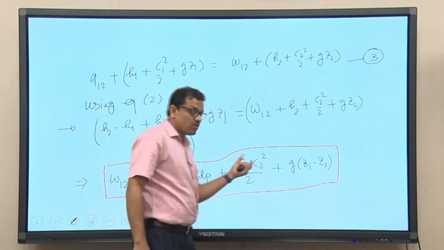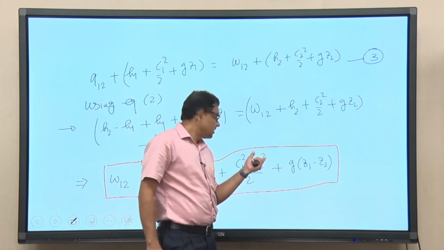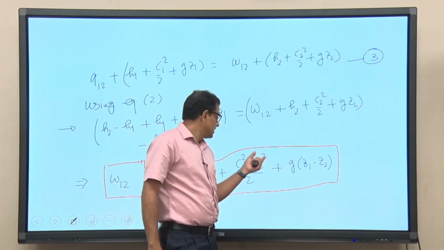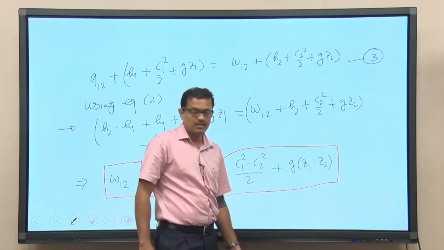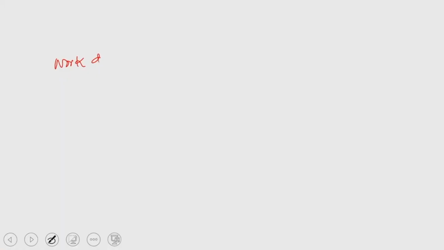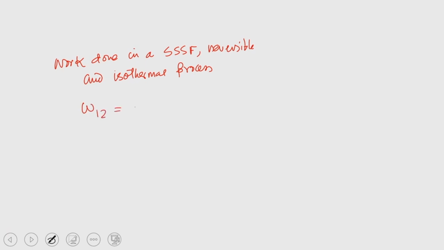If we do not consider the changes in kinetic and potential energies, then we can write that work done in a steady state steady flow reversible and isothermal process W1 to 2 equal to minus integral 1 to 2 VdP,